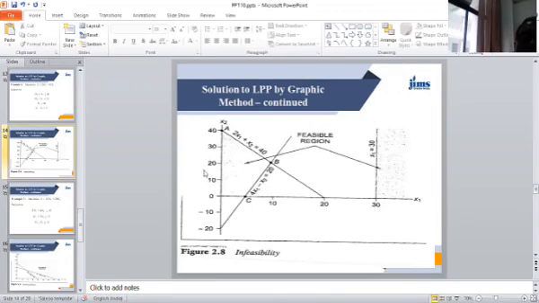So you see one feasible region is here, another feasible region here. So there is no feasible region where all the three constraints are satisfied. This is why you cannot find a common region where all the three constraints are satisfied. This is why this is a linear programming problem for which you cannot find any solution. This is why this is called a case of infeasibility.